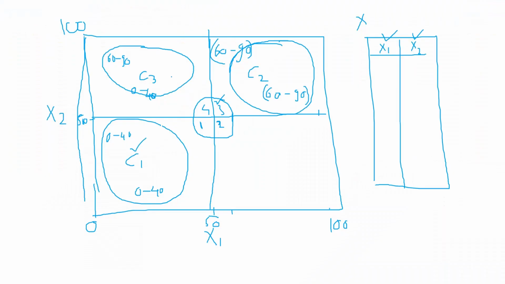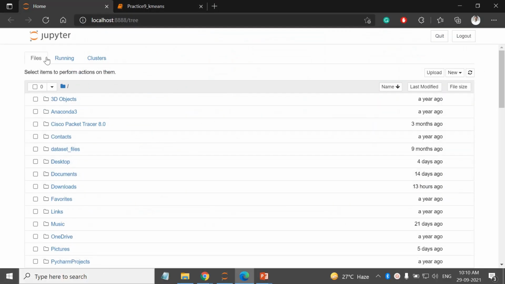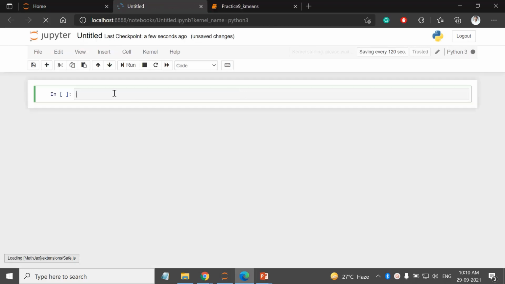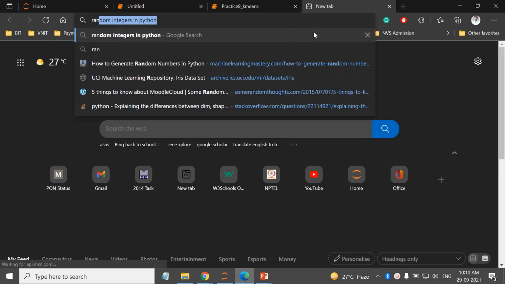Now let us create dummy values, random values for this data set. So we have the libraries. Run your Anaconda and then create a new Python notebook. I want random integers.